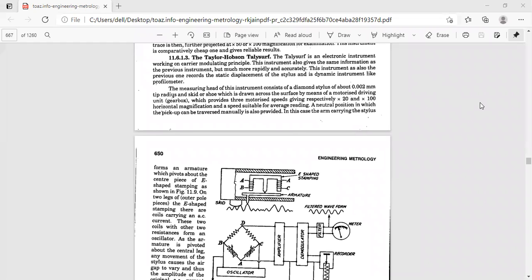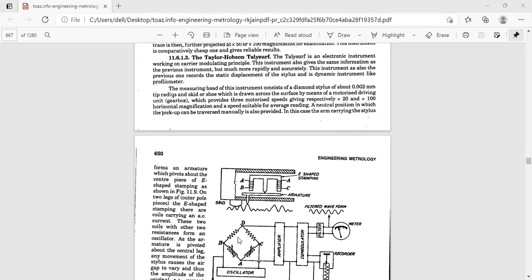So this particular instrument is more accurate than the Tomlinson surface meter, because nowadays maybe that is outdated; only for theoretical purposes we study it. In the beginning they used to use it, but with the development of technology, even the Taylor, Hobson, Talisurf is not outdated. They may be automated or incorporate additional devices like an analyzer, because we have to analyze whatever surface irregularities we have found. That is also there.